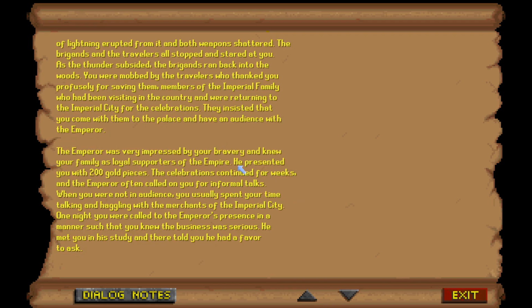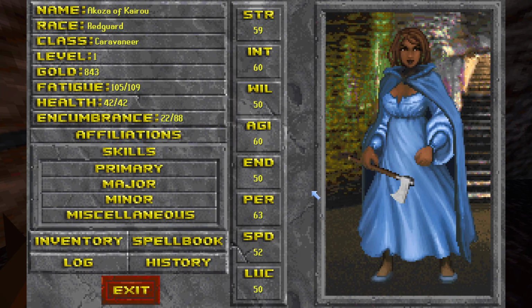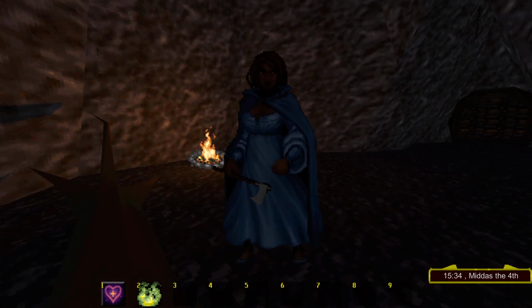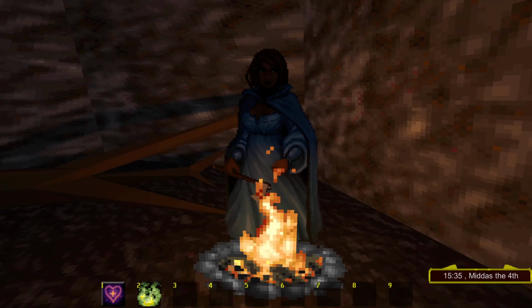Here's my backstory, but we don't follow that. We have our own backstory, which we're going to make up as we play. She looks... well, she could pass for middle age. Where are my spell points? 180 out of 180. That is pretty good. Let's make a screenshot here. Okay, so it's too dark to...